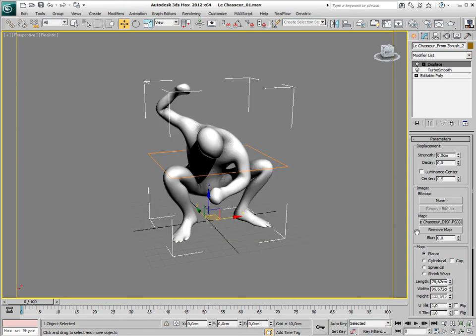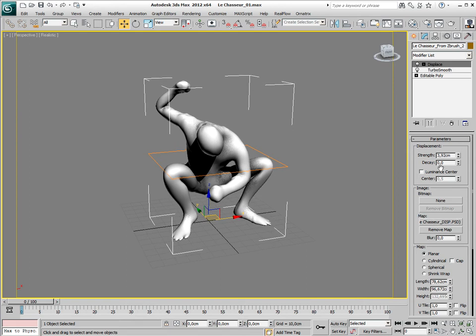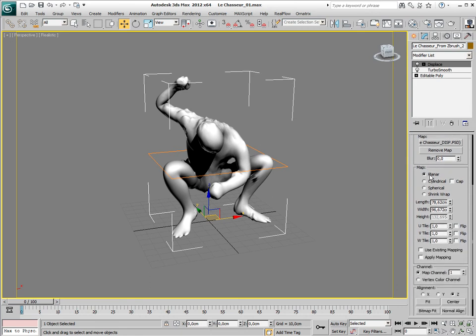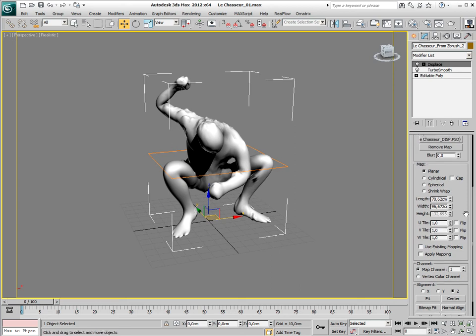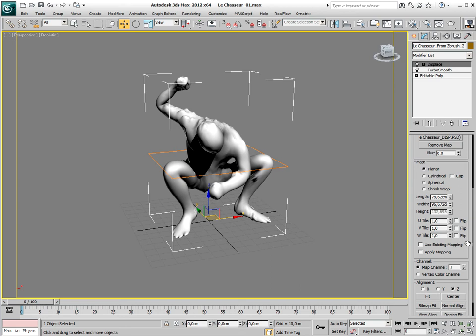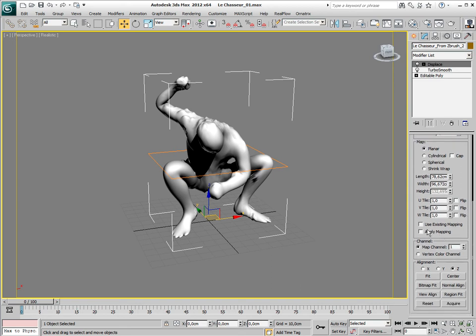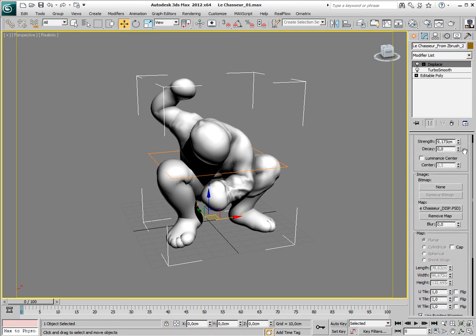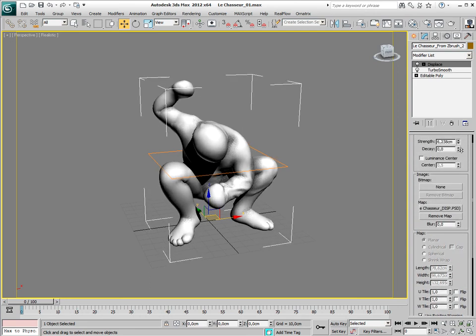Open, collapse layer, it's okay, and then I can do with strength the displace, but everything seems a bit strange. It's because it's a planar projection on the model, but it's not quite right because the model has already been UV'd. So I will click use existing mapping,